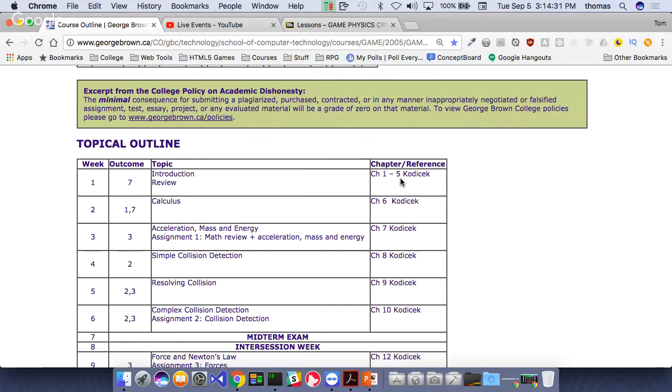There is a section on vectors, which you guys did last semester or the semester before, right? So I'm not going to focus too much on vectors today. And then this is funny, right? Next week, it's calculus, and you're supposed to learn calculus in a week. That's really funny for me because I know it takes way longer than a week to do that. So this is a nice schedule, but we're going to have to play with it a little bit. I'm telling you in advance, please don't be mad. This is the outline and I'm going to change it a little bit, but there's no other way we can do this and be successful, in my opinion.